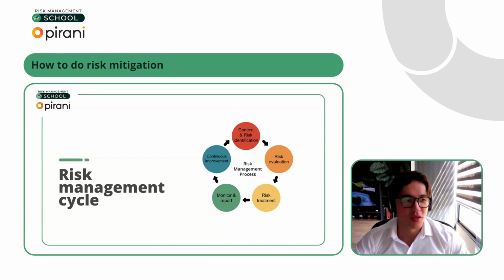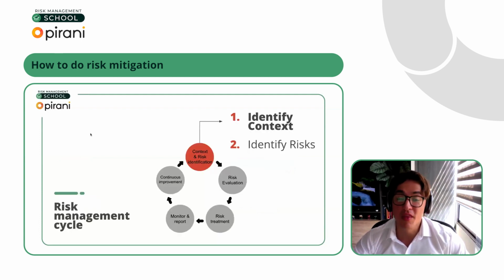So in the meantime, remember that in the last class, we talked about the emergent risk, and this is an important part of the first step of context and risk identification. So we talk about the PESTLE, the factors. What information can I read to identify this risk? So that's what is part of the first step of context and risk identification.